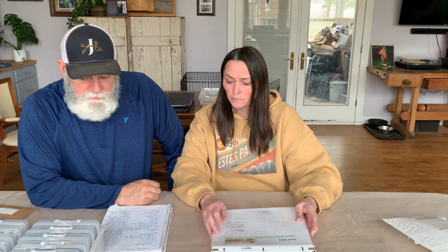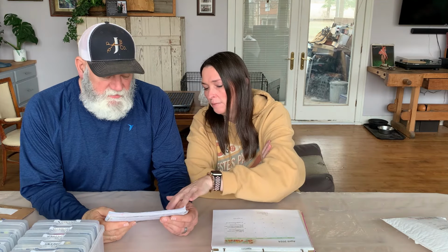But anyway, so just a quick list of what we're planting this year in no particular order. Do you want to go through it? Well, it's kind of in order of when we're going to start the seeds. Yeah, that's true. These are all flowers. But anyway, go ahead. So in February, onions, lemongrass, celery, which we've already started,